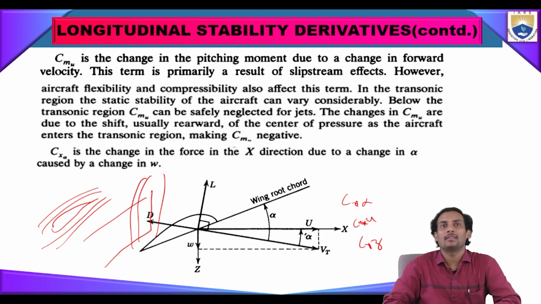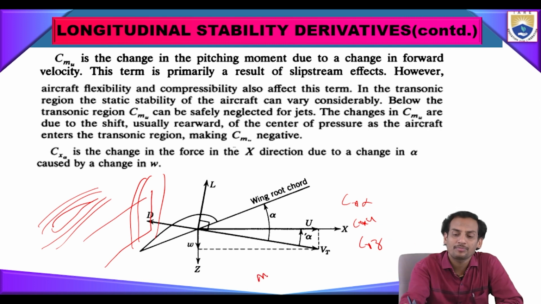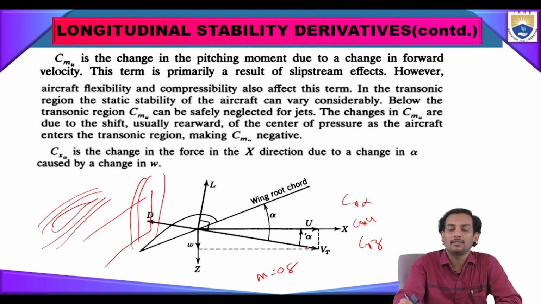Generally in the transonic region, like we said, greater than Mach 0.8, the static stability of the aircraft can vary considerably. Below the transonic region, that means less than Mach 0.8,